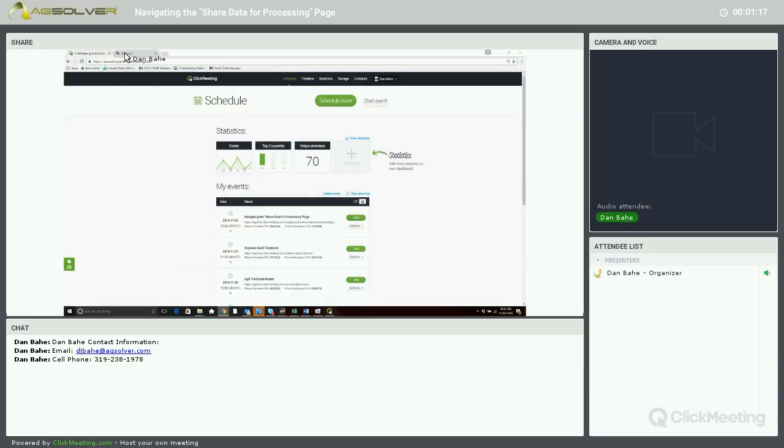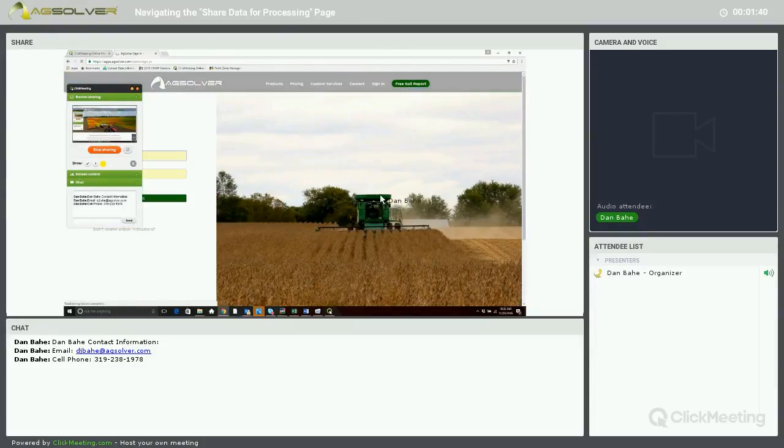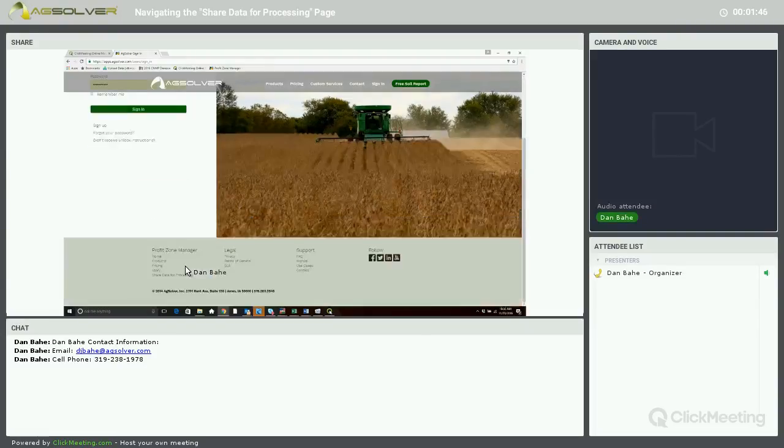Now we'll hop into Profit Zone Manager and the Share Data for Processing page. So right now, I'm just on the basic AgSolver website. If we click on the Sign In button up at the top right-hand of the page, this will bring us to our login page. And at the very bottom of our login page we have our links where we can go to the home page, our products page, pricing, story, and then at the very bottom we have our Share Data for Processing. If we go ahead and click on this,